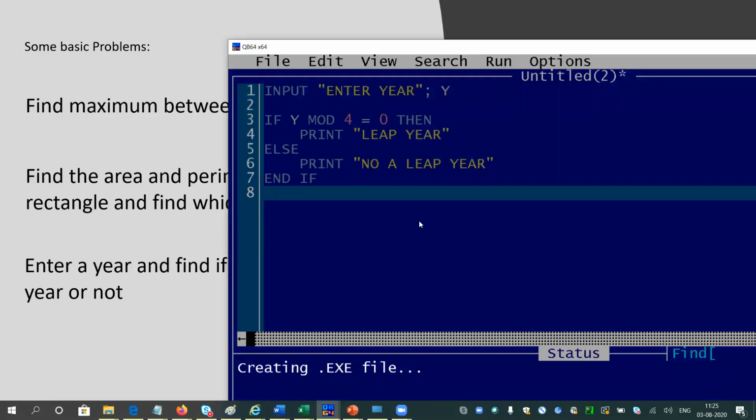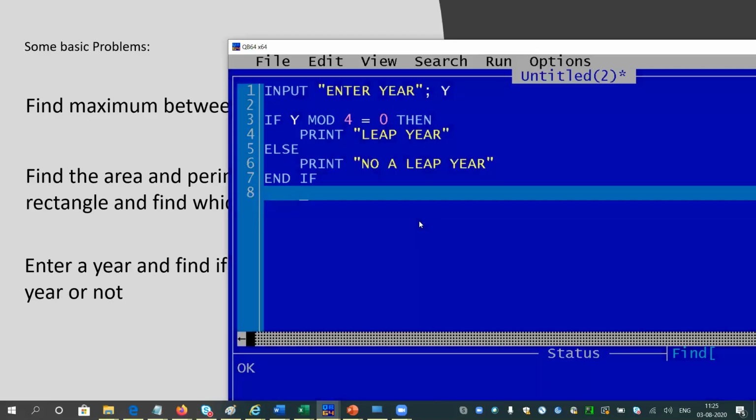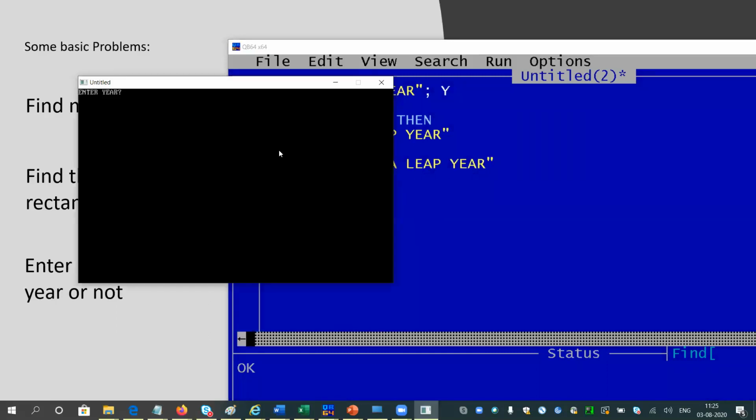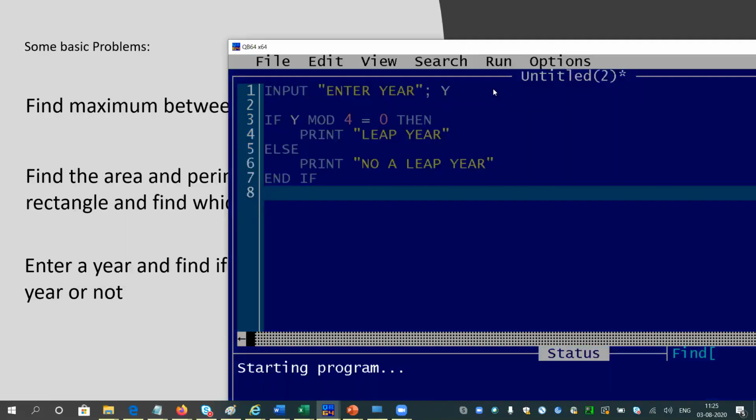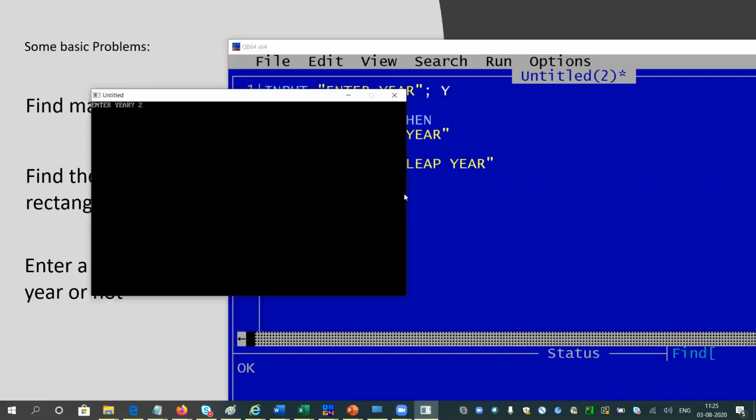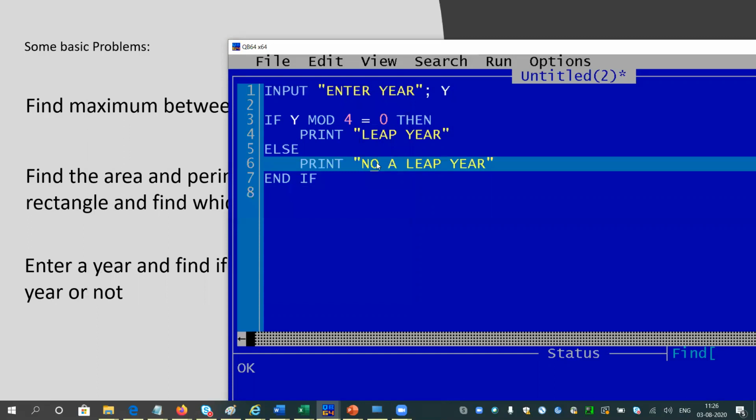So yeah, I have written the message wrongly, but it is good to make some mistakes. Our program will run, but show a different message. If I give a year like 2020, it will show yes, it is a leap year. If I give a year like 2025, it will come into the else part, because if you divide 2025 by 4, it will give a remainder 1. So it is not 0, and it will show the not a leap year message. It should be something like not a leap year. Anyway, that doesn't matter actually.